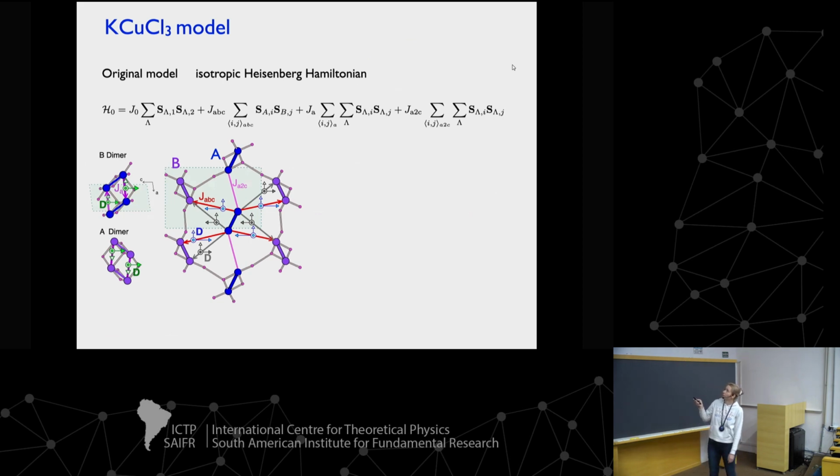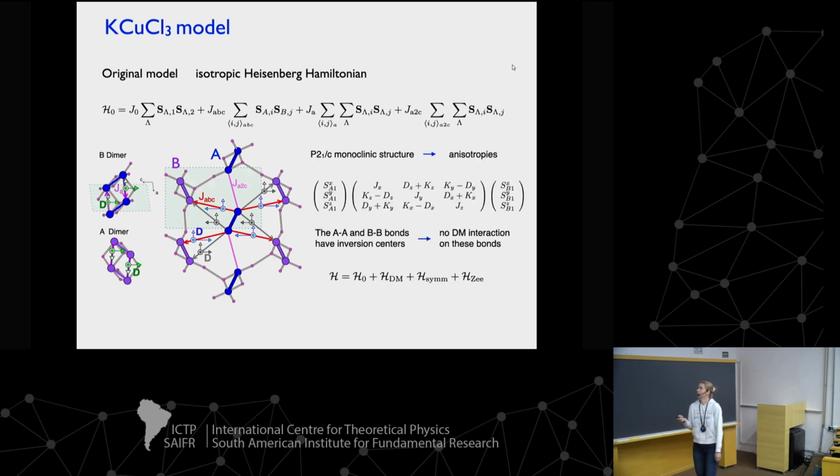And so these ones will not have Dzyaloshinskii-Moriya interaction, and neither does the dimer, but everywhere else it is going to be allowed. So if we look at the symmetries of this material, there are all kinds of interactions that can be present, like 15 different parameters per bond, except when there is inversion symmetry, because then there is no DM, but other anisotropies like the symmetric exchange are still allowed. So it's quite surprising that this model can be characterized by a Heisenberg Hamiltonian, when the symmetry allows all of these different anisotropies that have not been taken into account before.